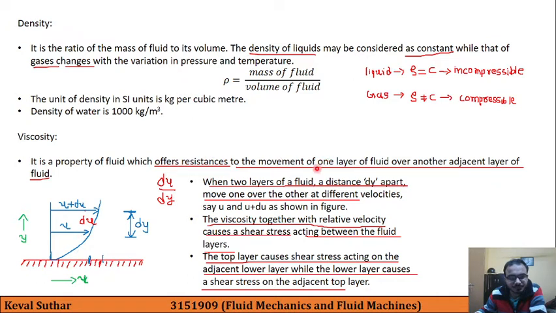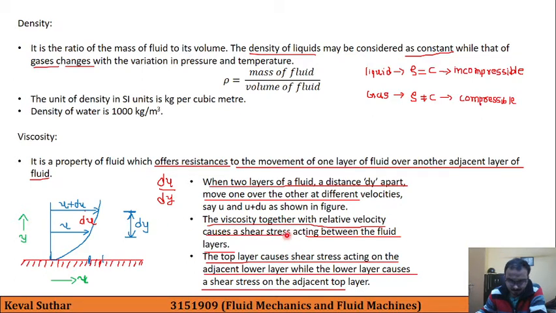So here, as we have explained, for a vertical gap of dy distance, the change in velocity is du. So we have obtained this ratio in terms of derivation, that is du upon dy, that is also known as velocity gradient or shear strain. So this is the velocity gradient, and this phenomenon of viscous resistance is more explained with the shear stress.